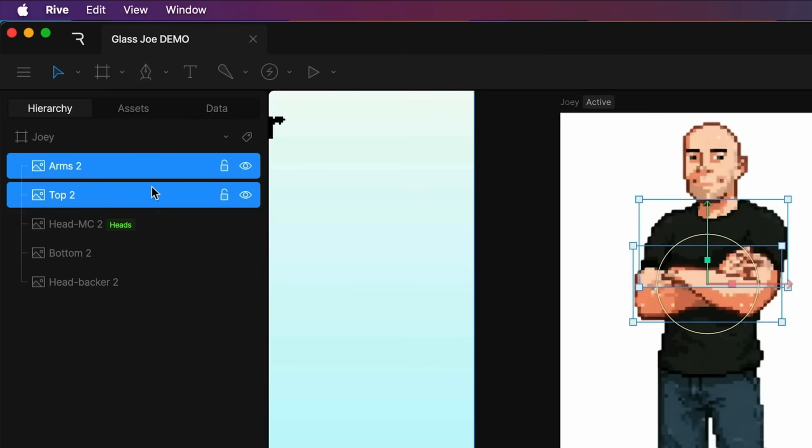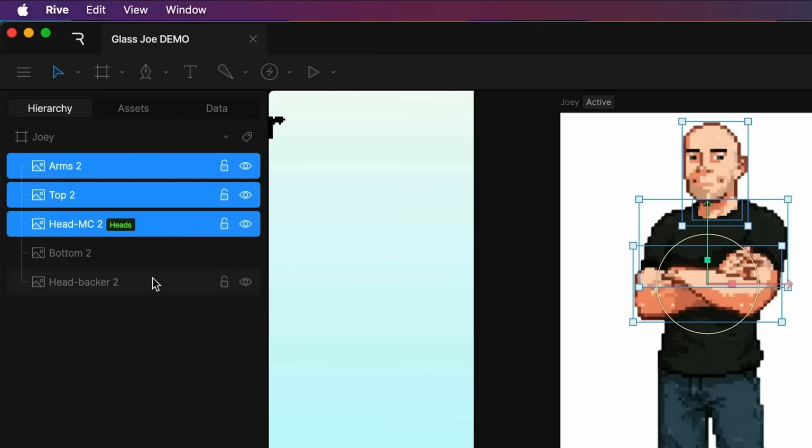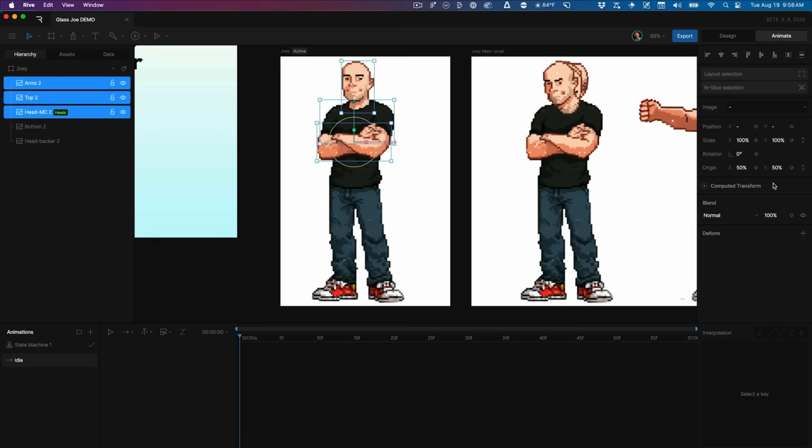So the arms, the top, the head is gonna move. And the head backer, that's that layer that's just behind to kind of fill in any gaps when we swap out heads. That's also gonna move, but I think it's gonna be easier to basically just parent that to the top layer. So I'm gonna show you a trick to do that once I get the initial animation set up here. But first, with these 3 layers selected, I'm just gonna put a keyframe on Y position,